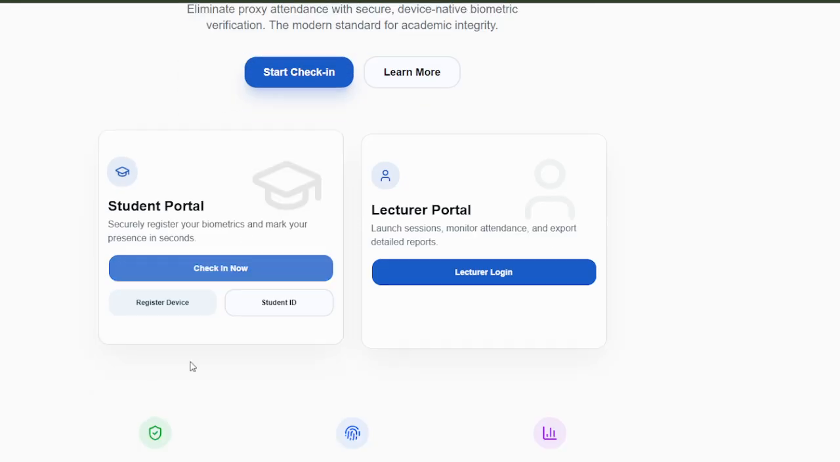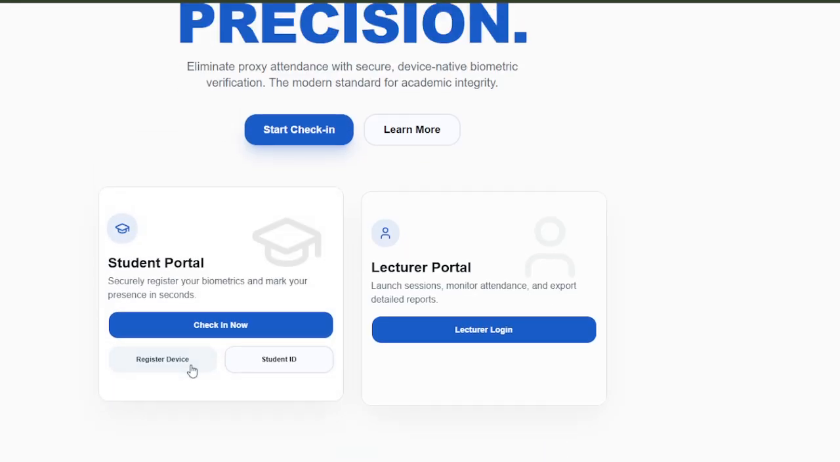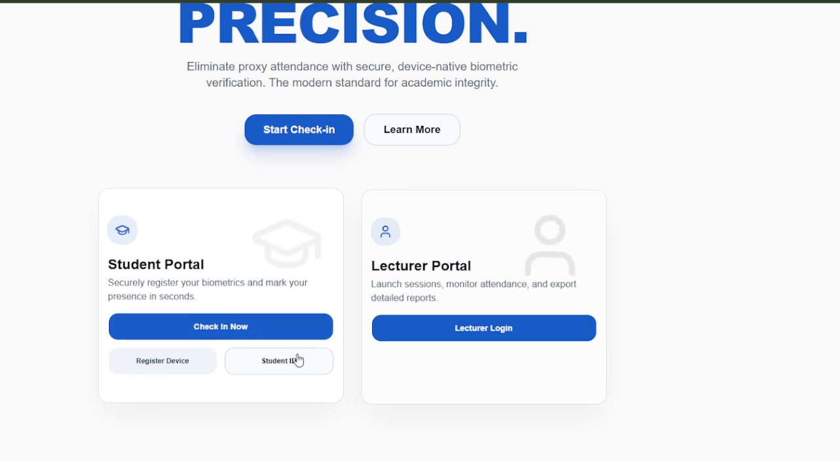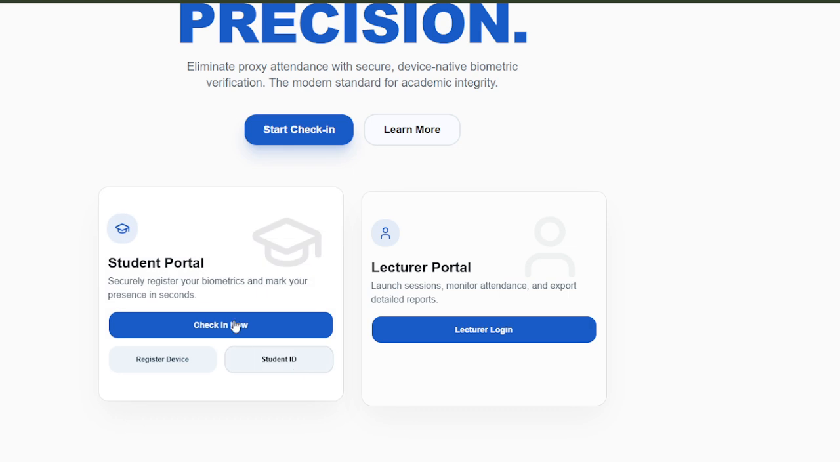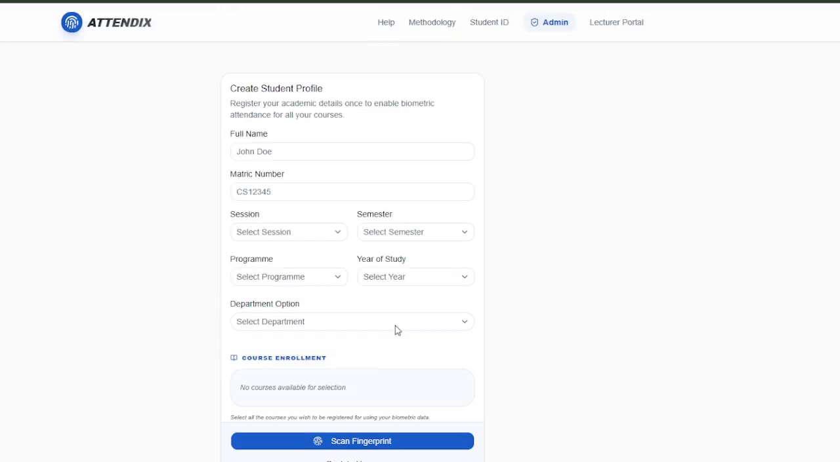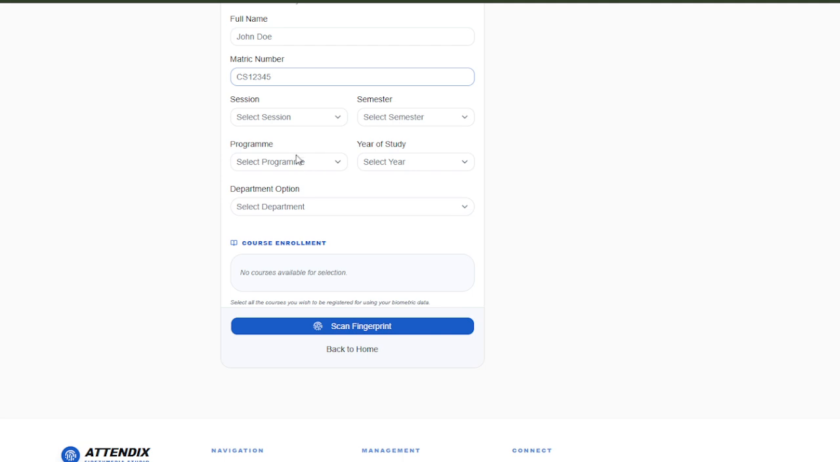Now, as a new student, you are going to see this checking register device student ID. Once you click on register device, you are going to register that device, and after registering that device, you can't use any other device to mark an attendance. Here we have your name, your matric number, the section you want to register for, then the semester, we have